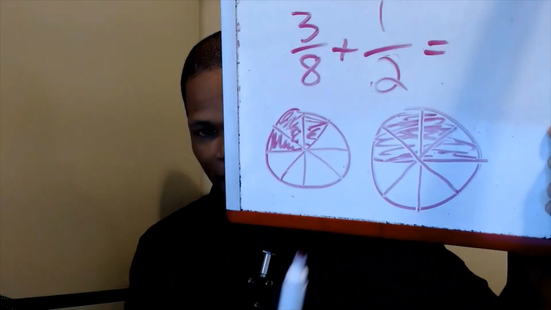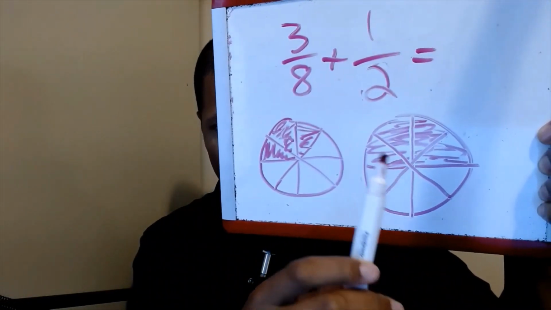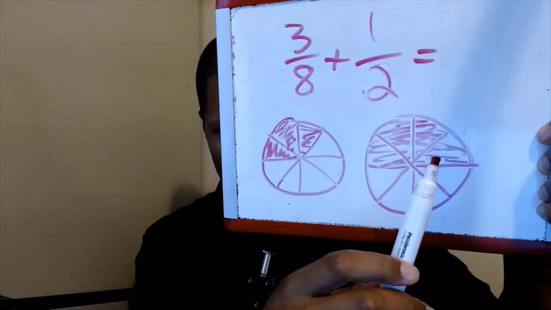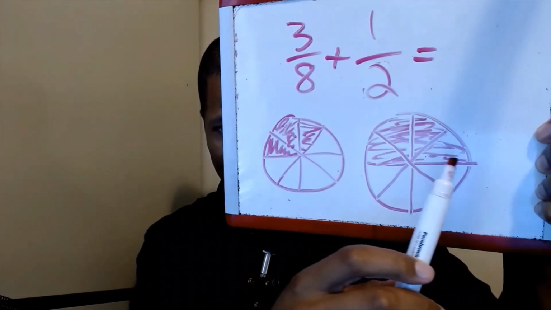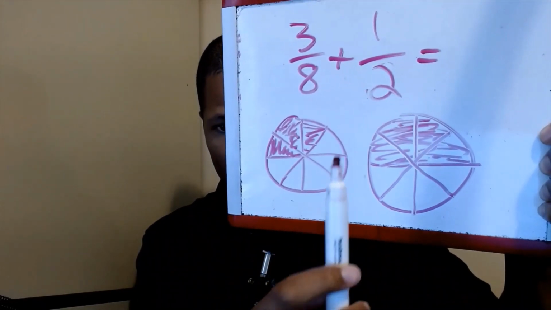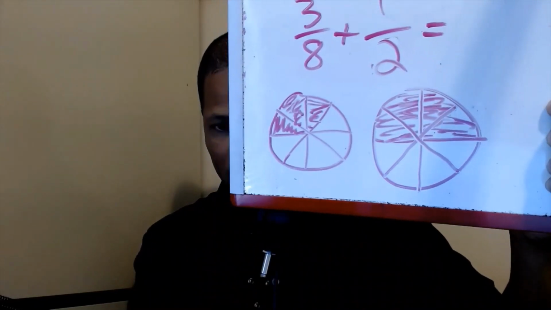I used to work at a pizza place, so I'm pretty good at doing that, right? Not really. But look at that. This is the exact same amount of pizza. I didn't change the shading whatsoever. This is still really half of the pizza if you think about it, right? But now that I cut it up into 8 slices,